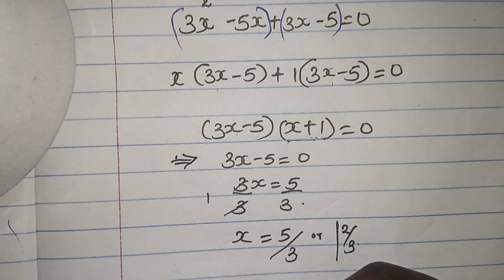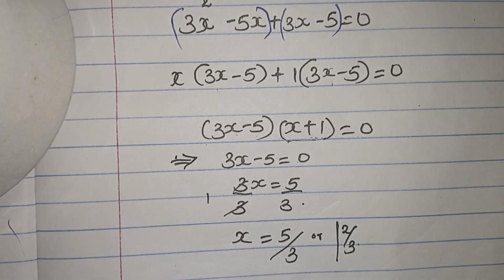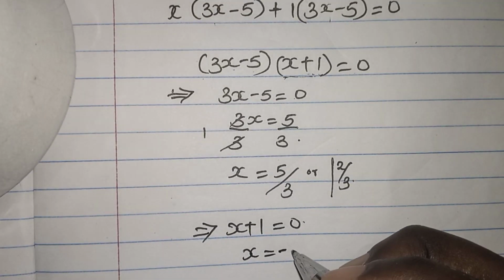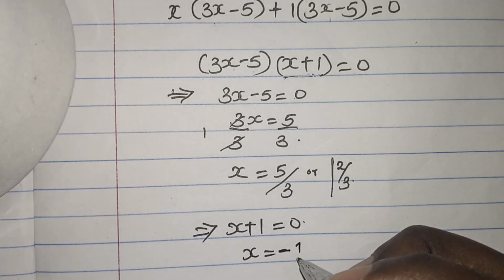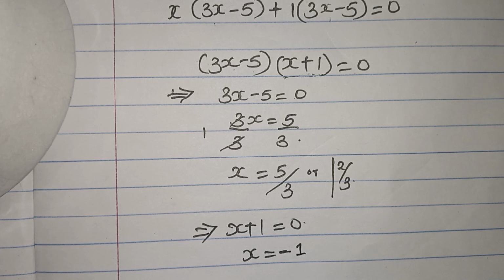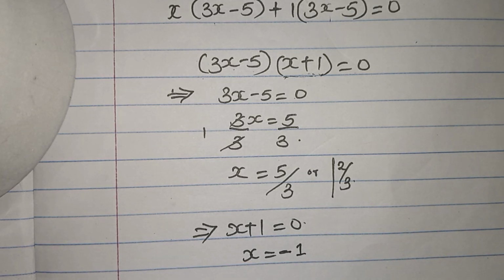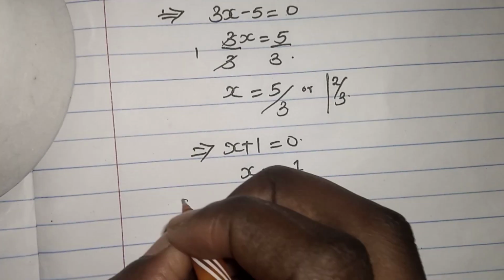So x plus 1 is equal to 0. x is equal to negative 1, right? So this is the second answer. x is equal to -1. So our equation here had two answers. Our solutions were